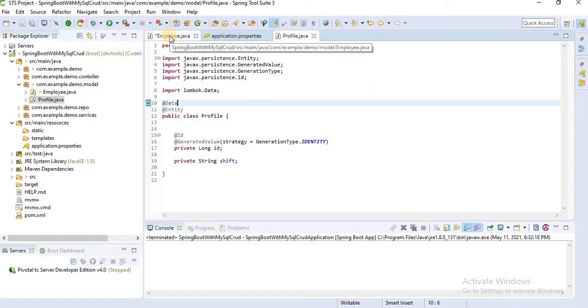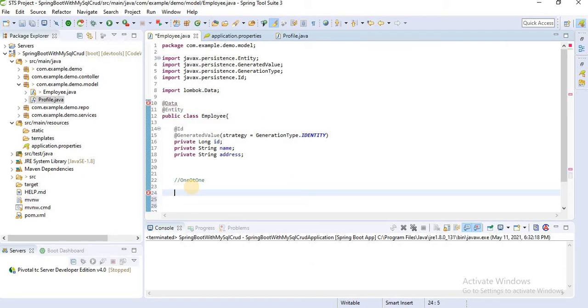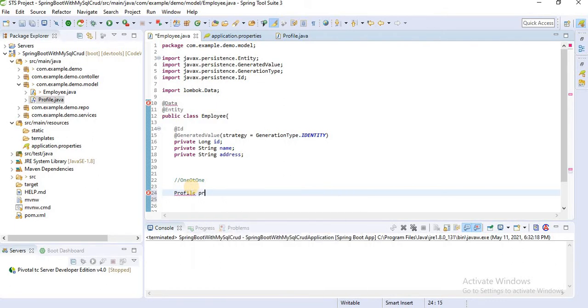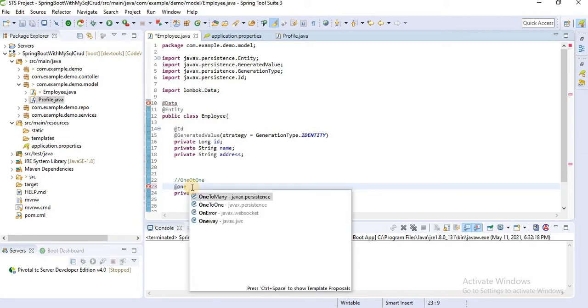Let's go to our main class, the Employee class. Here define a one to one mapping. So first I have to create a Profile class variable here. Let's import that Profile class and create profile. Let's define here private Profile profile. Add the annotation OneToOne.